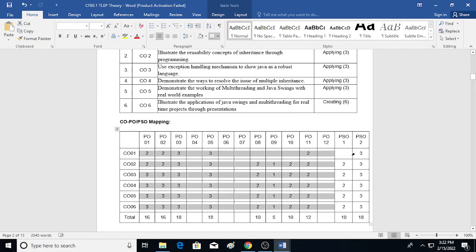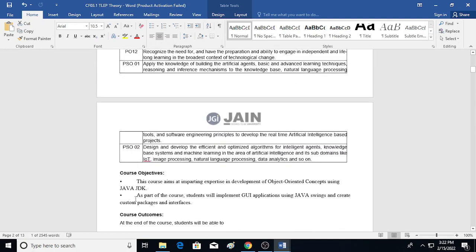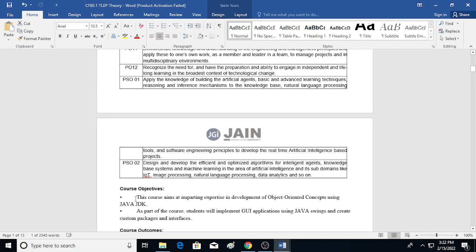Now we are mapping these COs to different PSOs. PSOs are program specific outcomes. Our program is artificial intelligence, so after doing a BTech in artificial intelligence, what outcomes will you get? Only two statements: PSO1 and PSO2.